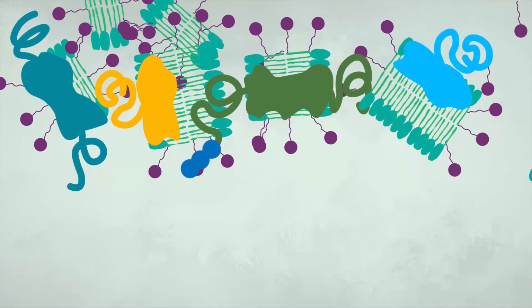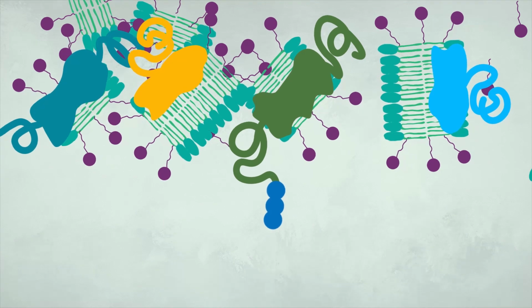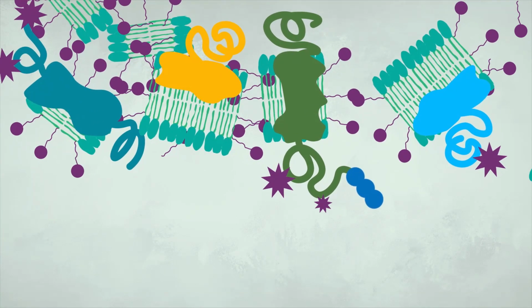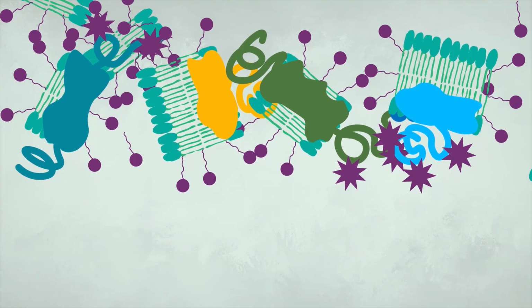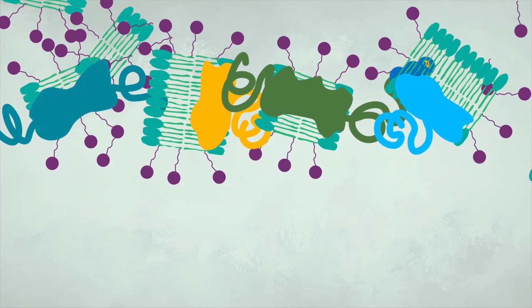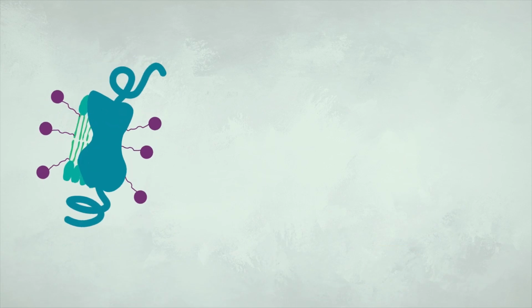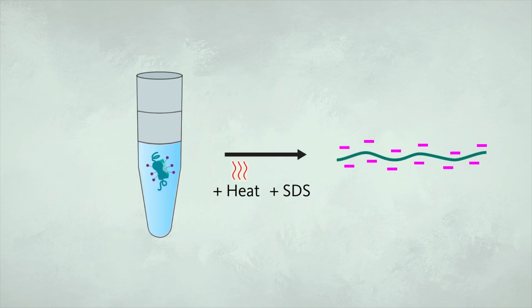In this scenario we're showing the proteins with no treatment. However, the cells that were labeled with FM or PAS would retain the label in solution. So the FM would remain attached to any piece of the protein that was originally on the outside of the cell. In the PAS treated cells, the PAS would still be bound to the carbohydrate units. Now that the proteins have been isolated from the membrane, the proteins in solution are heated and mixed with SDS. This heat and SDS causes the protein to linearize and be fully coated with a negative charge that is equal to the mass of the protein.